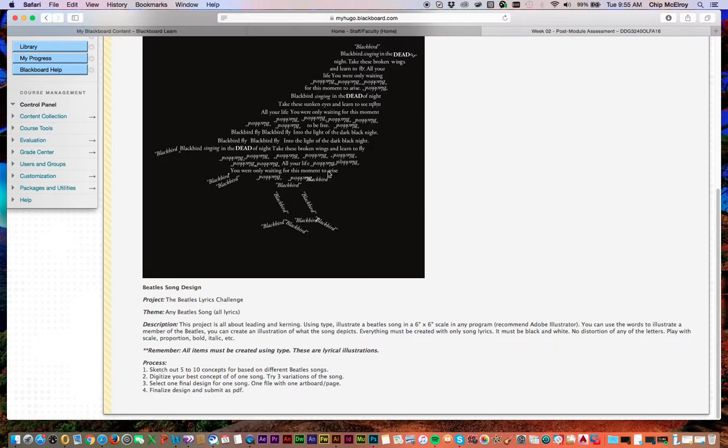You can only use one song, so don't be blending songs together. It needs to be black and white. You can't be distorting letters, squishing them or skewing them, but you can play with scale, proportion, and bold and italic. So if you choose a typeface that has bold and italic, you can introduce the bold and italic into your design, like the word dead in this one, and blackbird and singing, and some of the other words are italic. I would recommend at least trying to sketch out a few ideas before you actually create it,